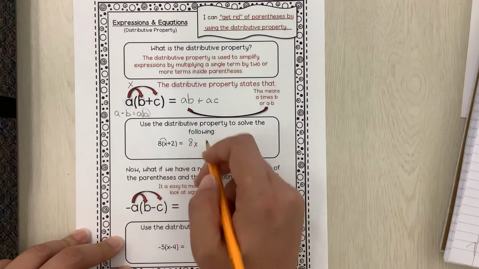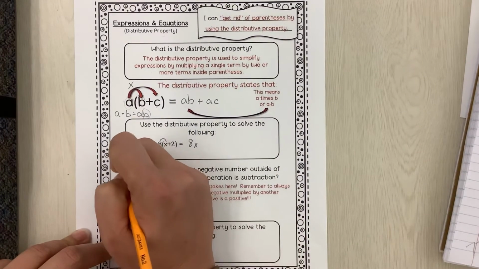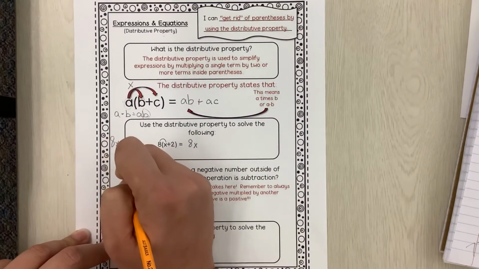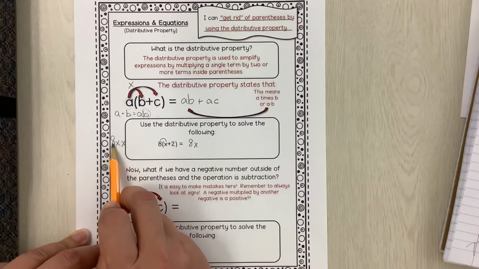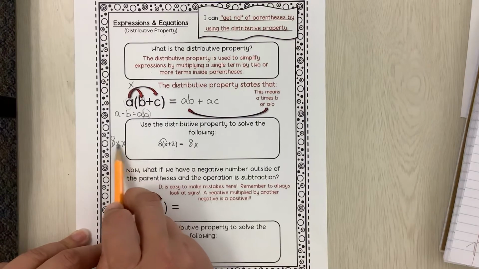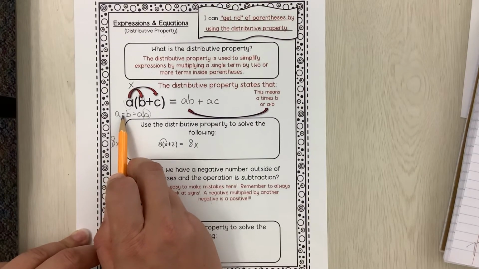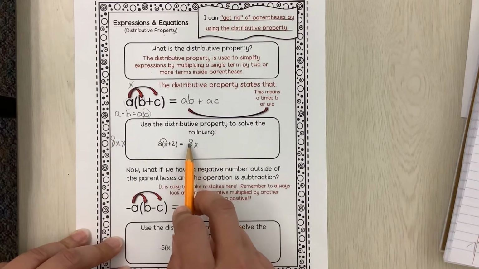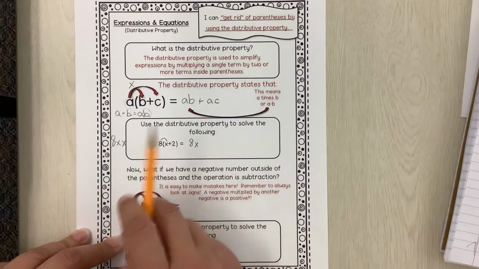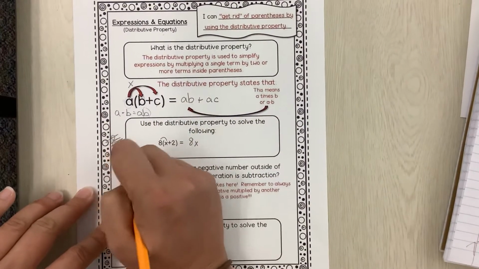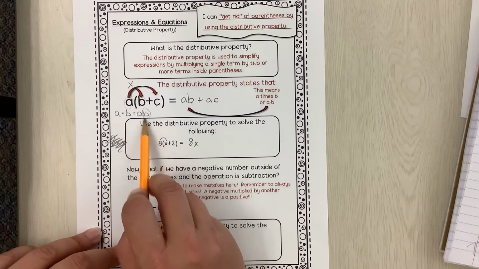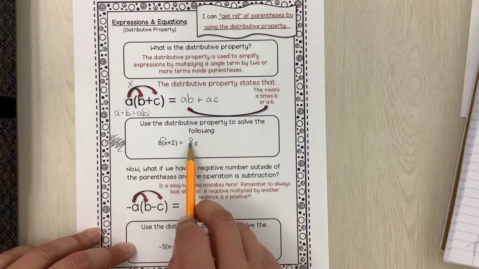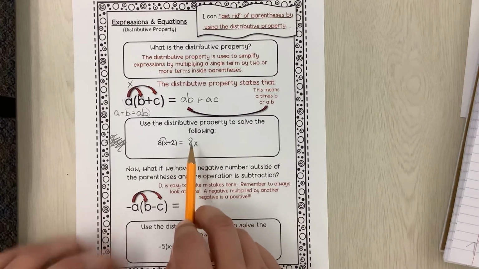That's why, if you keep in mind right here, we're not using the X for multiplication anymore, because what if I did 8 times X, 8 times X? Now it just looks like 8x times x, like variables. That's why also, we can still use the dot, but you don't need it. When a number is touching a variable, it means multiplying. So we don't want to do that anymore. Get rid of those x's as multiplying. You can use a dot, you can use parentheses, or just put them together like this when you're doing expressions